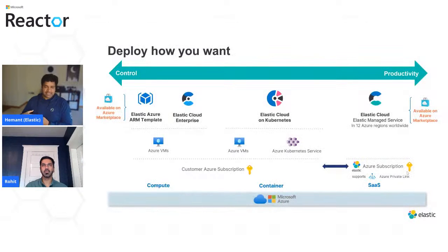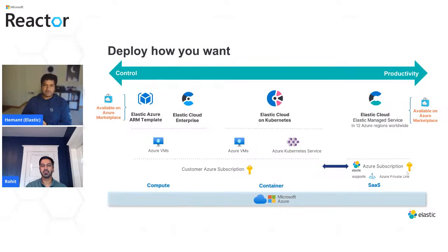The first step, as is with everything, is to get Elastic going on Azure. And we have always led with there are unique needs of different users. And based on those needs, they would have a preferred way of deploying a technology into Azure ecosystem. So this is where the partnership really aligns, embracing the needs of the users and providing them options that are backed by the partnership. So the general control to productivity that you see at the top, depending on the needs, if there are a lot of needs that are being driven by the control, there are options.